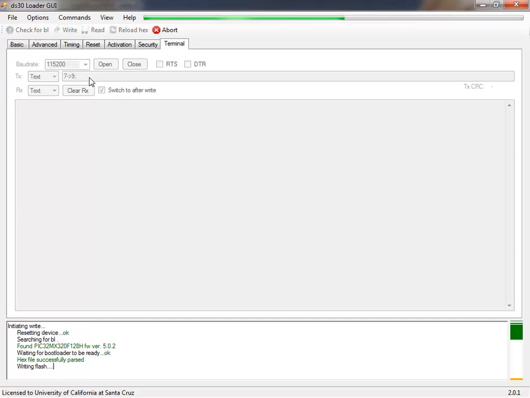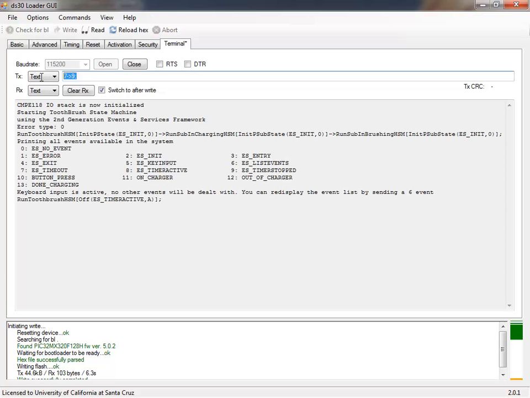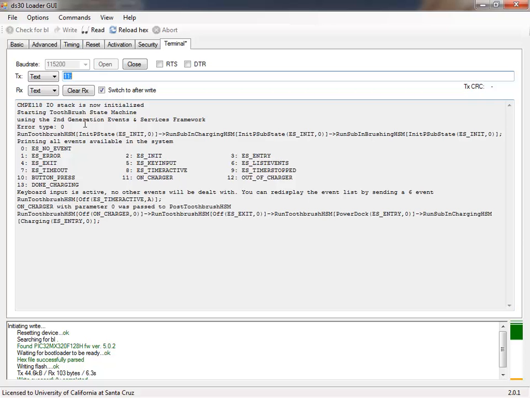Let's do a different trace through, see if I lock it up the other way. The idea here being that all of a sudden we are getting... so let's see if we go through event 11 on charger, which takes the other way. If it works, okay. So off gets on charger, goes to toothbrush with an exit, goes to toothbrush entry to power dock, which does an entry into charger. Okay. So at this point, if I do a power button press right now, it should do nothing. So if I do a 10 here,